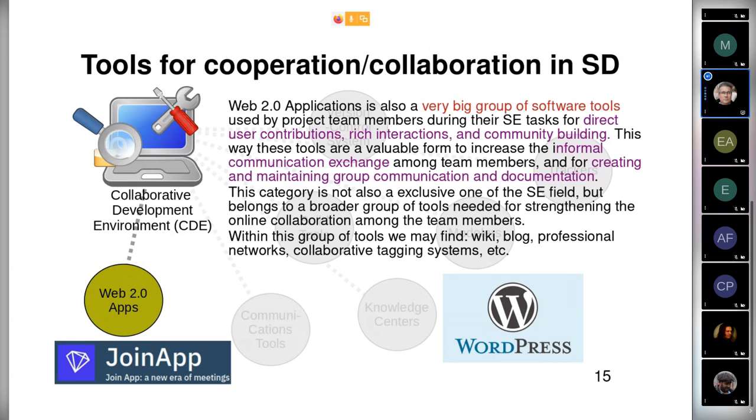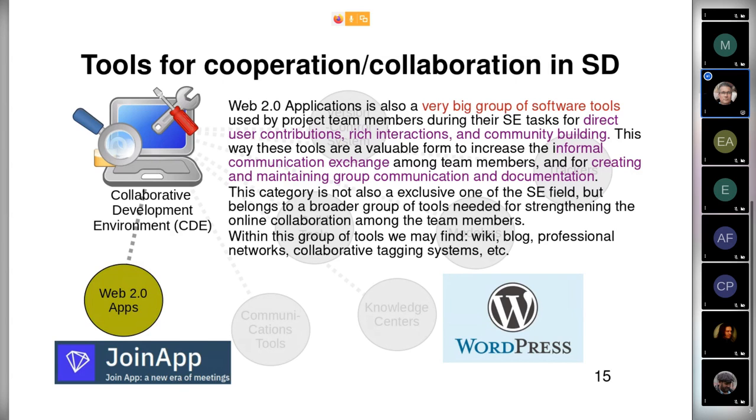And also, there is a very well-known application, which is WordPress, which is mainly a blogging platform. It is really a content management system like Moodle, but in the use of this application, people go deeper into the blog. WordPress is specialized precisely in blogging, and therefore you can use it to share knowledge with other team members, to share your experiences with everybody, and you will receive feedback from the community. It doesn't matter if it is the project community only or the international community. And as with every application of this kind,